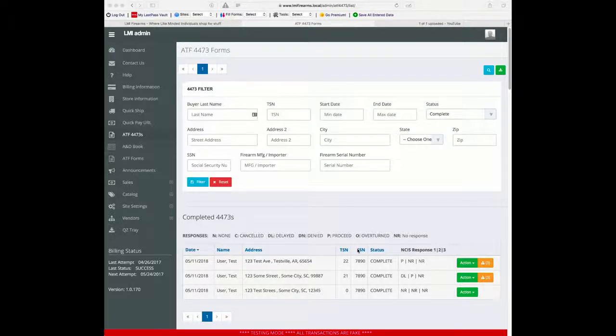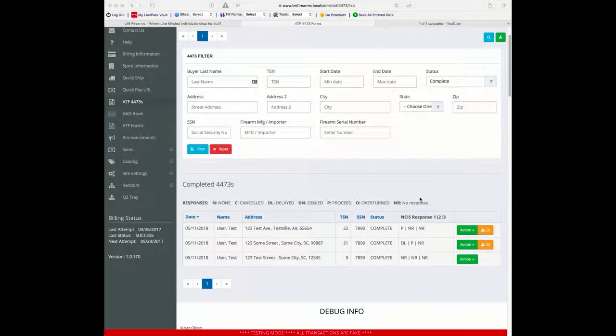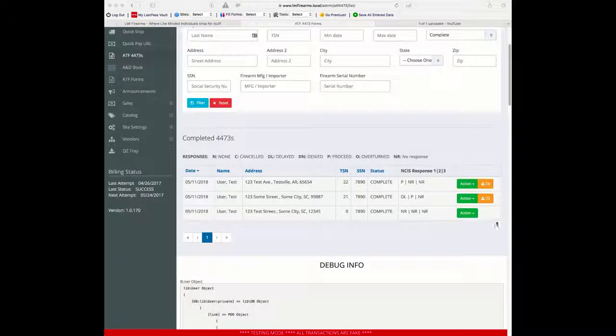It tries to determine if it could possibly be the same person if they've purchased multiple handguns within a 5 business day period. If they have, when you come to your transaction list, notice I have to do the complete list, because it'll only check if you've said you've transferred handguns to the person. It'll show an alert right here, this little button, okay? And notice that it's the same person. They have different addresses, but I used the same Social Security number. That's the last four of the social right here. So if you click that,